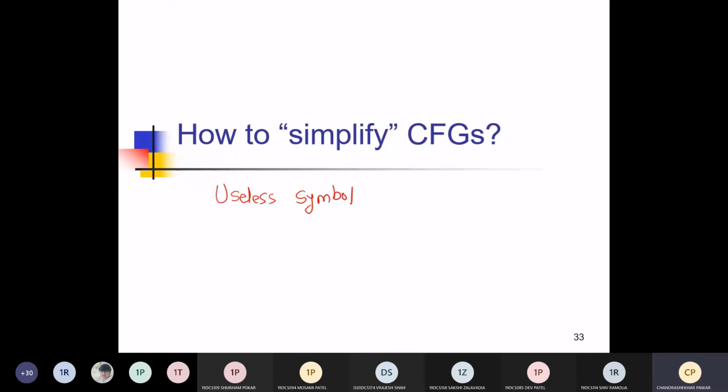We are going to identify the useless symbol from the given production rules. So what is the useless symbol? In the last session, we solved some examples based on that. Anyone of you, please reply. Okay, so you just remind it once. After that, I will discuss with you about the